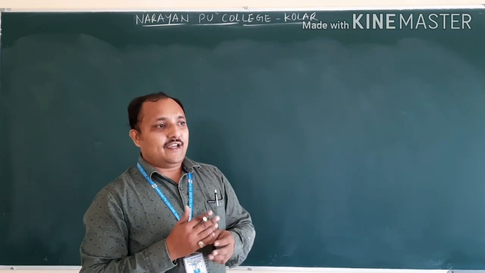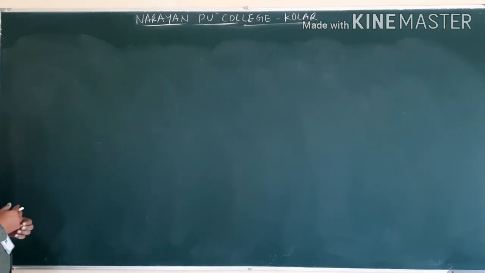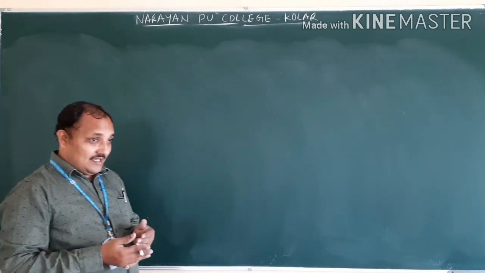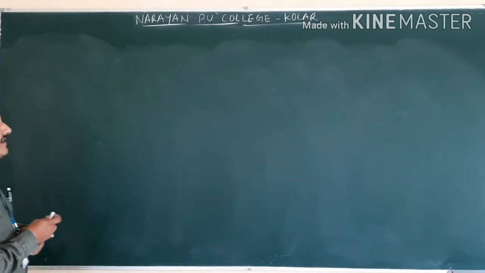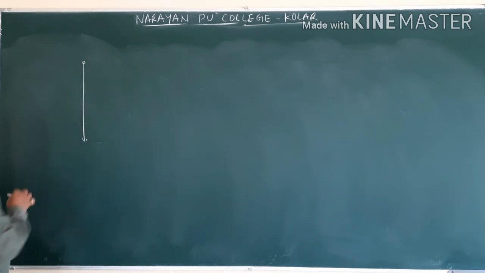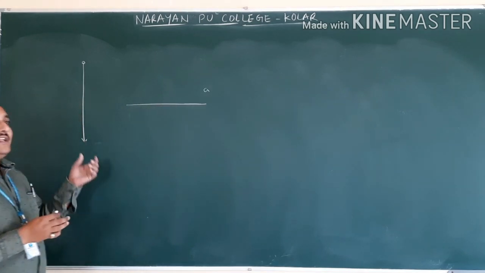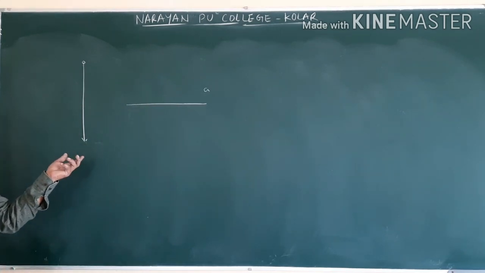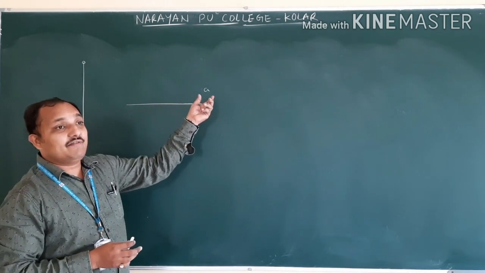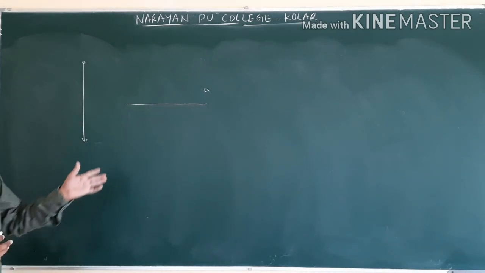Now we are starting with the last derivation, distance traveled in the nth second. I am giving this because while solving problems you have to understand the distance traveled in the last second. If an object is dropped, or if an object is moving with uniform acceleration. If an object is dropped, that also is moving with uniform acceleration. If they say it is moving horizontally, they will say the object is moving with uniform or constant acceleration. Distance traveled in the last second.